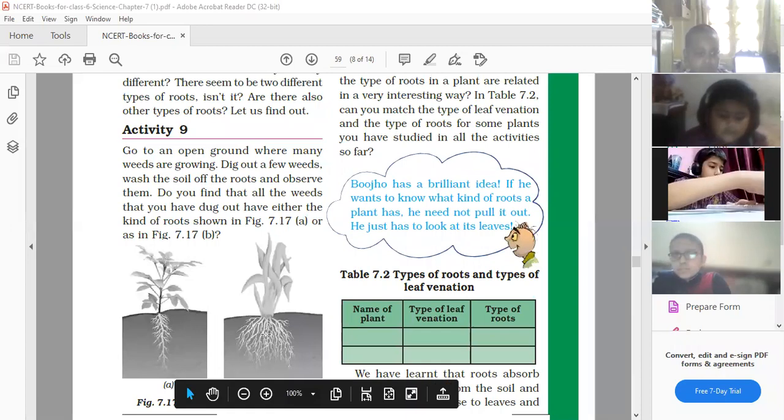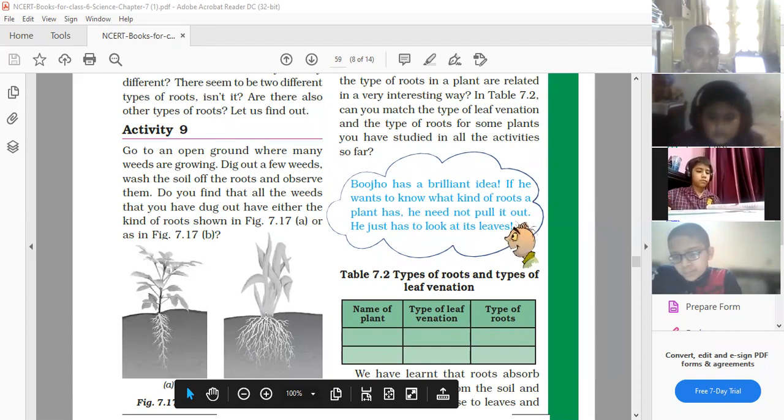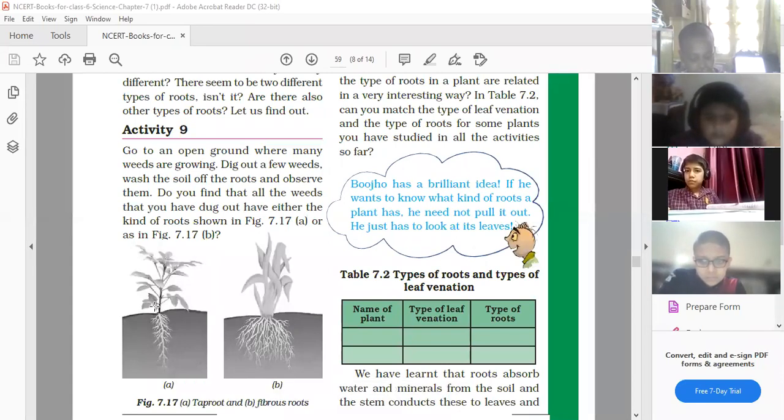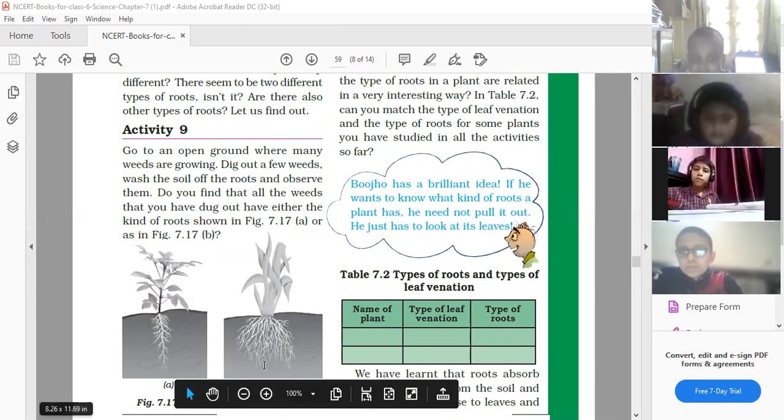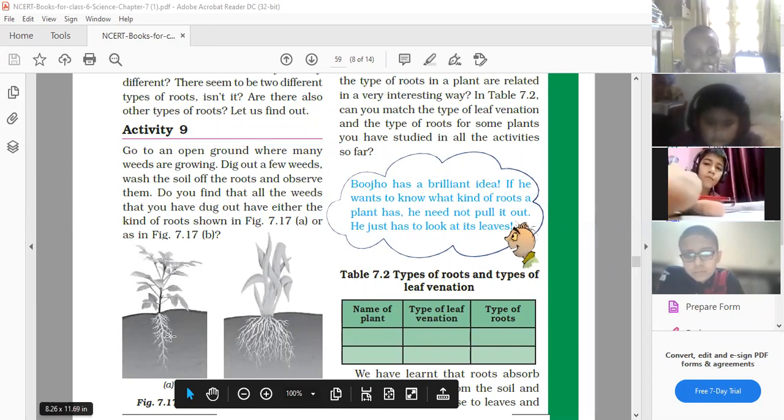And here we have another plant which has a bunch of roots at the base of the plant. That bunch is known as a fibrous root. I hope you are able to see the difference. The main root is known as a tap root, and if a bunch of roots is near the base, that is known as fibrous roots. After that, one more is there, lateral roots. Lateral roots are very small roots that come out of the tap root or the fibrous roots.